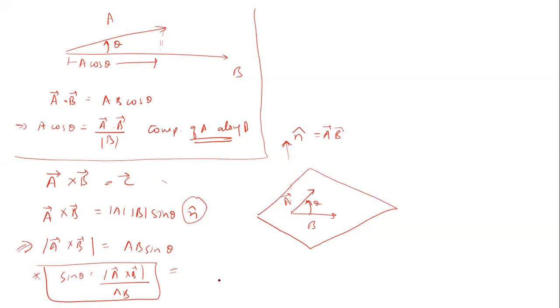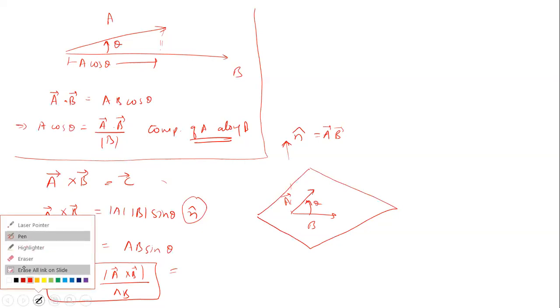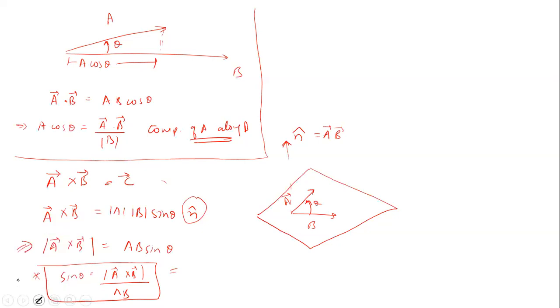See, matrix method. Now matrix method is to find A cross B value. Okay, fine. Can I give you one question here? Can you solve that question? Okay, I give you one problem. Just solve that. You have to tell me the direction of the vector. You have to only tell me the direction.